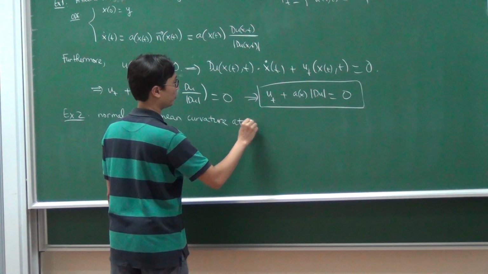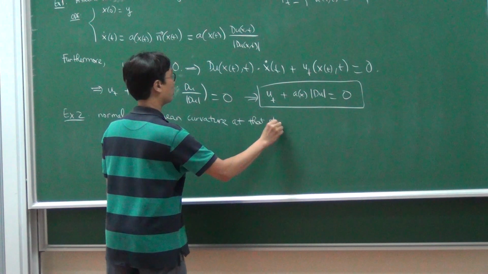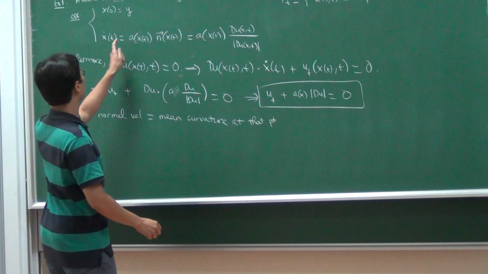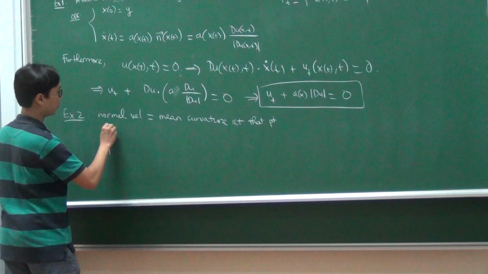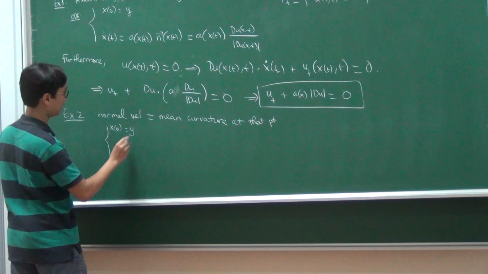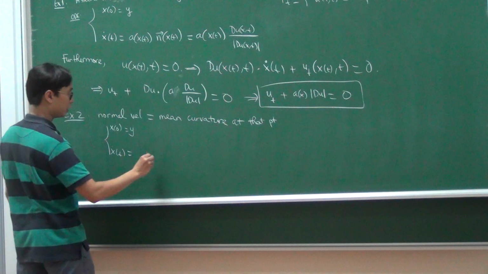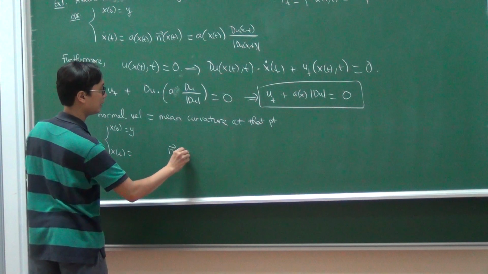Okay, don't ask me much about geometry, but anyway, let's assume that the velocity at this point is equal to the mean curvature of the surface at this point. Then actually the rule is x(0) is equal to y and x dot of t is equal to